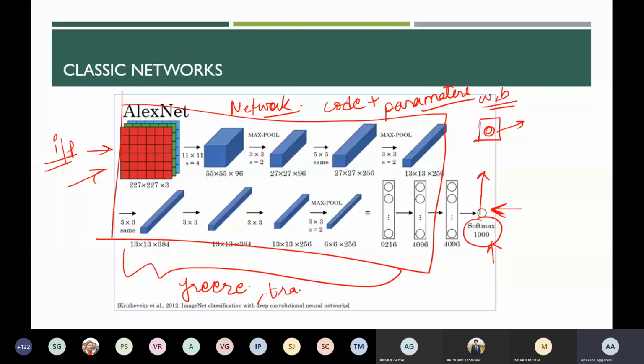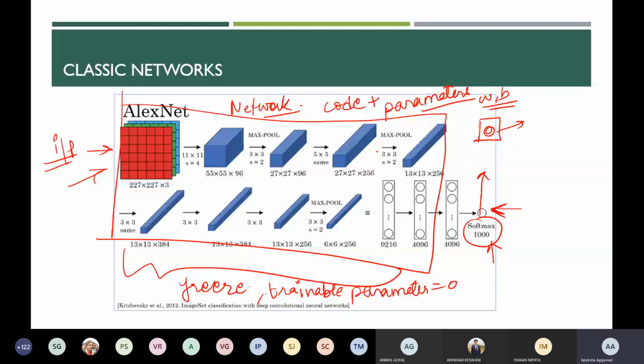You set the trainable parameter equal to 0 for all these layers that you don't want to retrain, because you think that AlexNet is a benchmark. So you just use the weights they have already created, and the only thing that you change is the output layer, accordingly. Or you can also add multiple FC layers if you want. You can make some changes, but basically you are using the work that other people have already done.